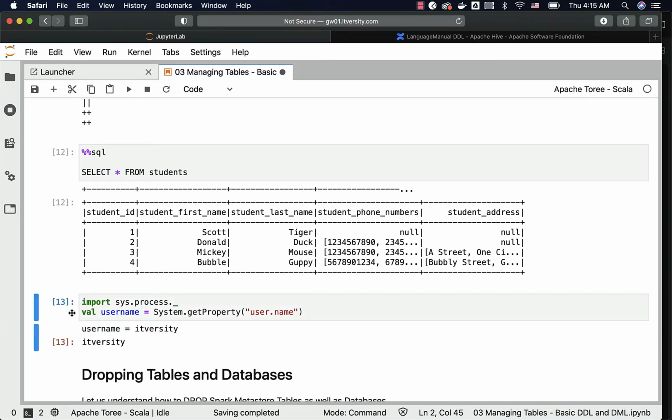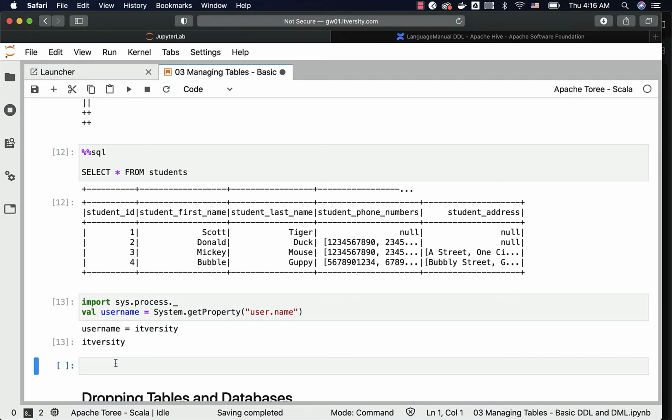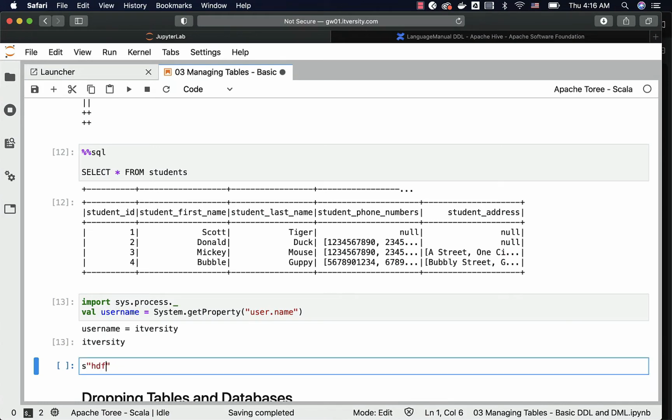Once we create this, then I can say hdfs dfs -ls /user/username/warehouse. This is the warehouse directory for my database, and then I can say $username like this _sms.db.